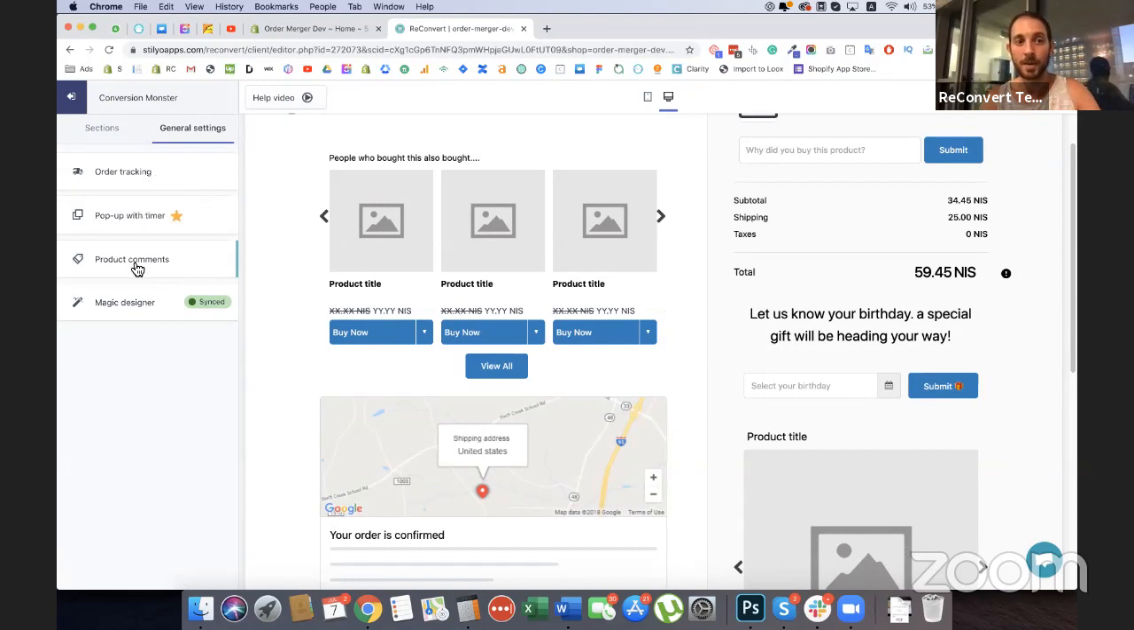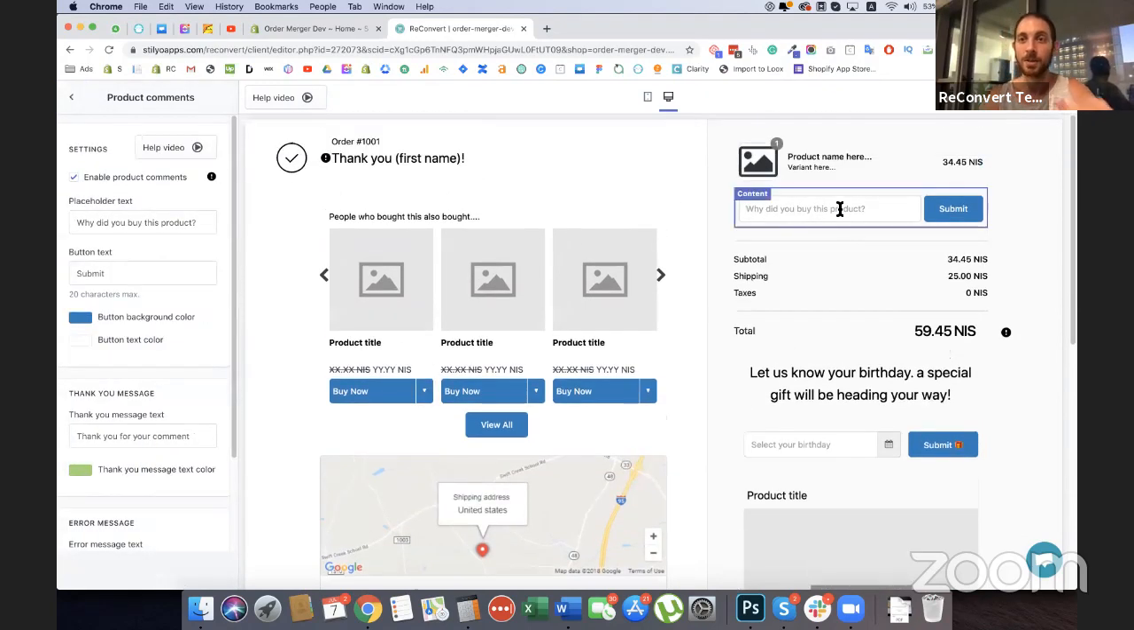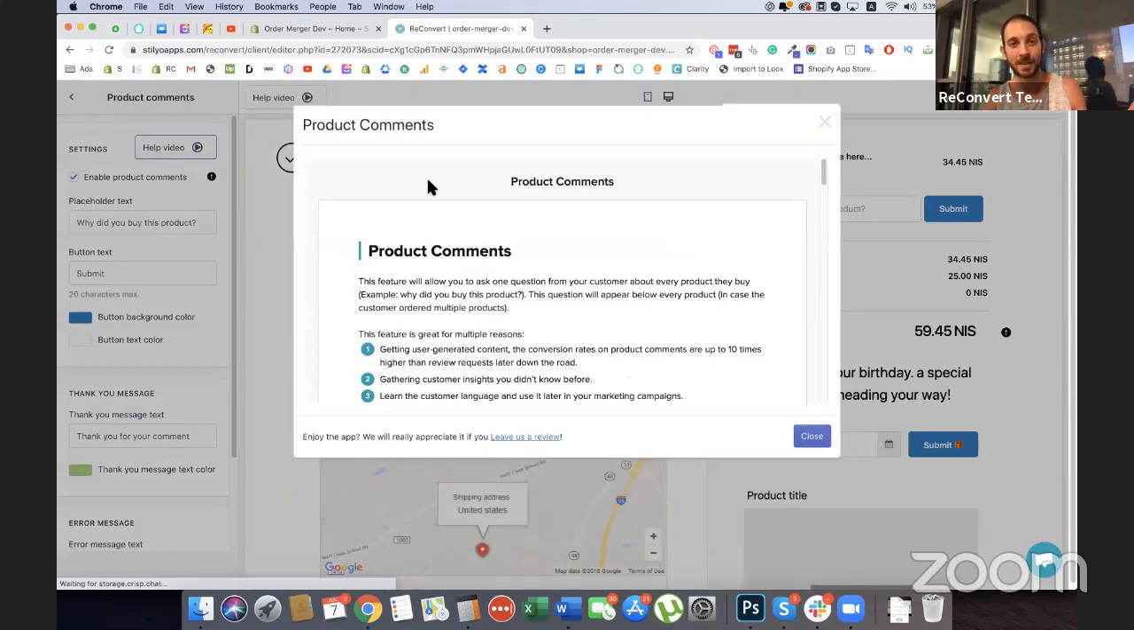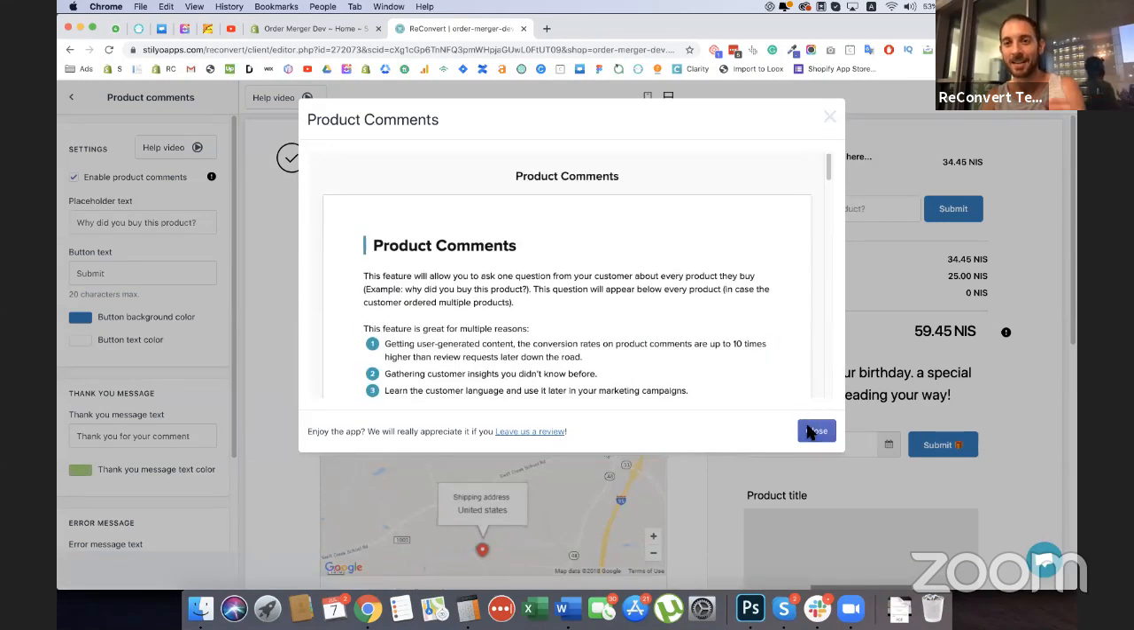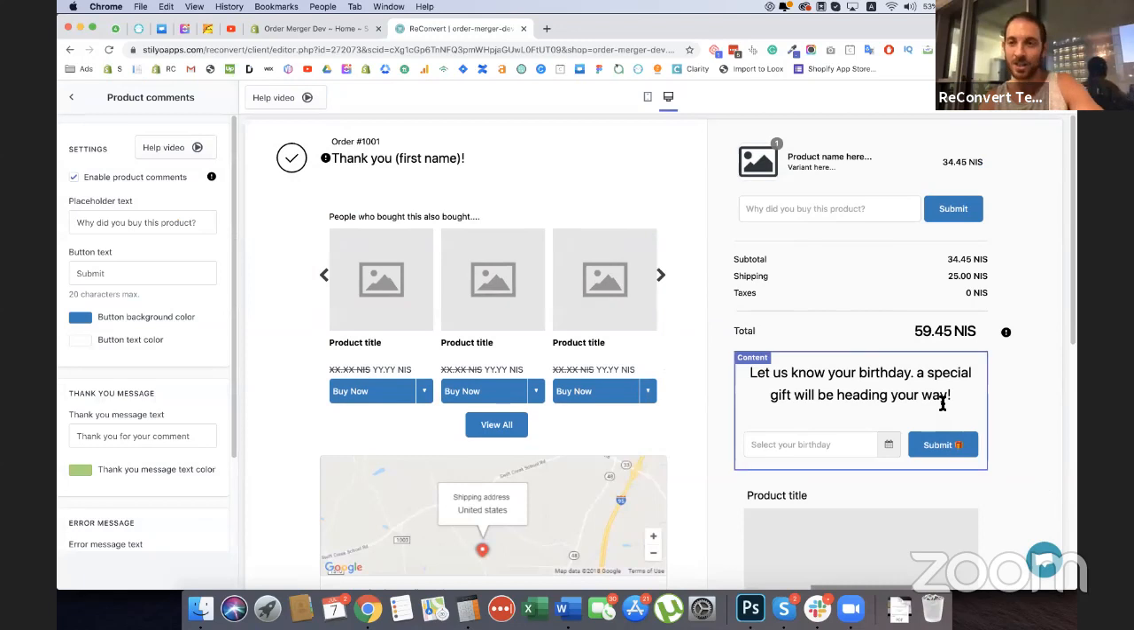So we have product comments, which allows customers to, you can ask a customer a question about every product he purchased, and then you can get very powerful insights about why customers purchase things. You can learn their language and use it in your marketing campaigns. So again, very recommended widget, not a must. And every widget also has a help section within the widget. So if you're not sure how to use anything, except for the live chat, we also have